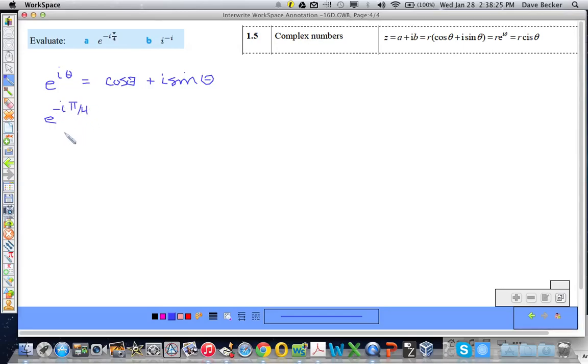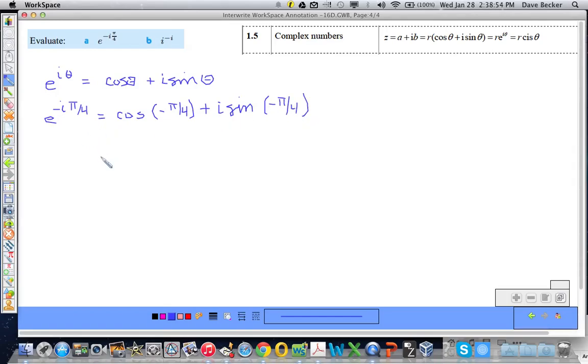Yes? And theta is the argument, clearly. So this is going to be equal to cosine of negative pi over 4, and we're using the negative for the argument, negative pi over 4, plus i sine negative pi over 4,